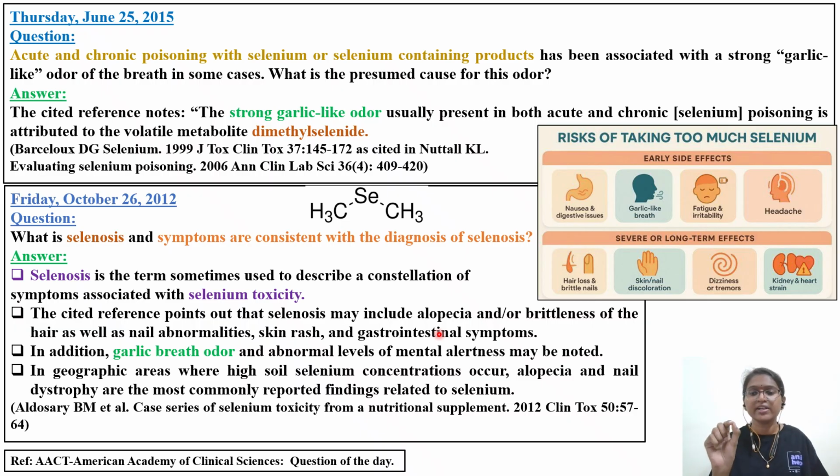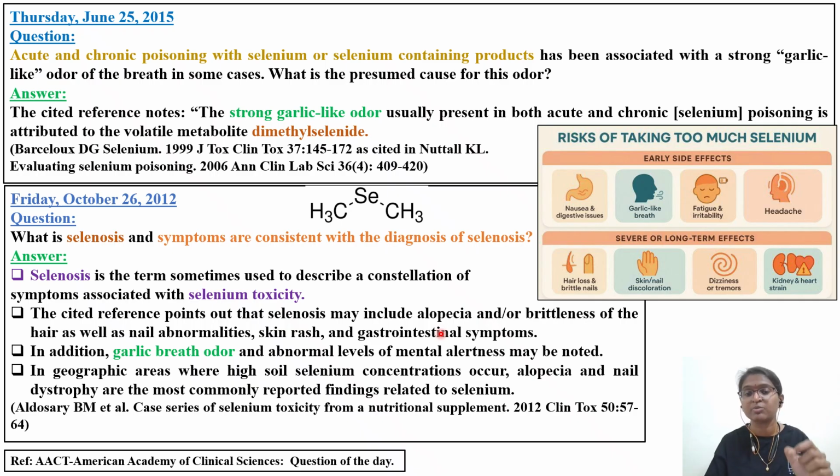So one question you will get in the exam: there is a certain patient who is exposed to a certain metal and is showing hair fall. So you have to identify the option. For example, they'll give you arsenic, lead, mercury, something like that. One of the options will be selenium. Answer will be selenium. So the metal which is associated with alopecia or hair fall, you have to consider the answer is selenium. And also you have to remember, when there is a forensic case or analytical case, in that particular crime scene, if there is hair, then you can understand that selenium is responsible for that particular kind of poisoning.